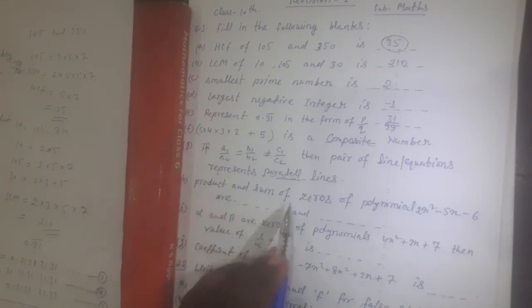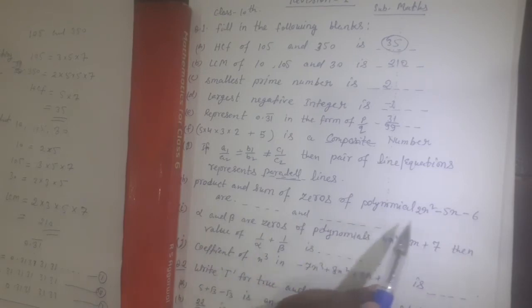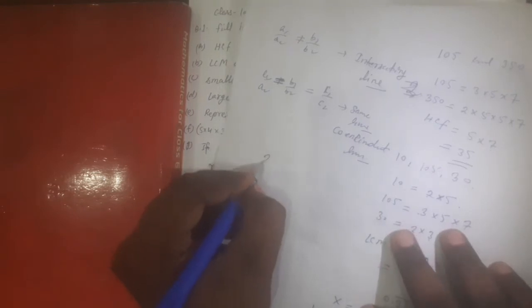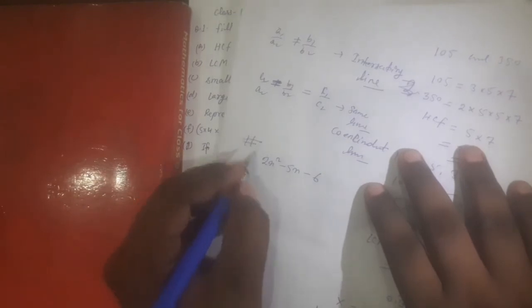The product and sum of zeros of polynomial 2x square minus 5x minus 6 are this and this. So what are the things here? Let's see. The equation is given here, 2x square minus 5x minus 6. Okay, so in this question we have to find the sum of zeros and product of zeros. We clearly see here that the product of zeros and sum of zeros. So first you will see what is the general form of